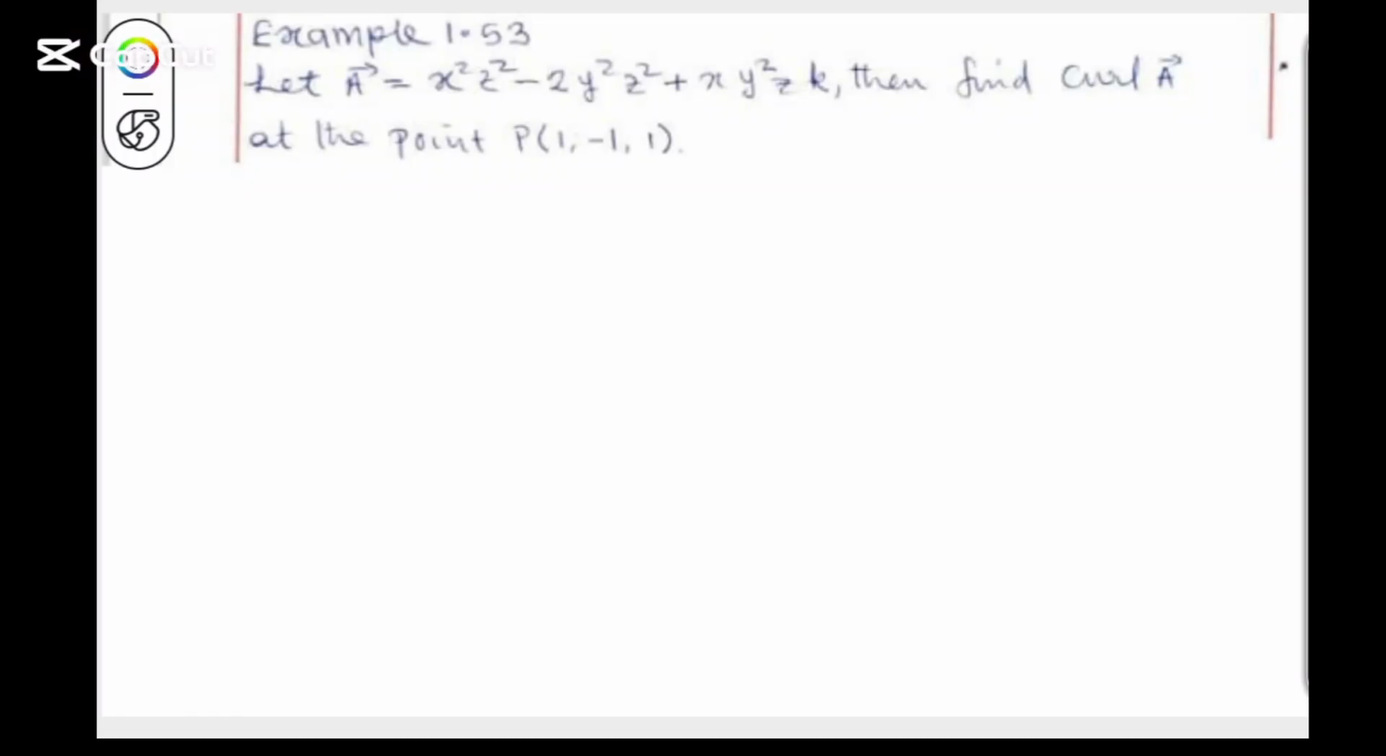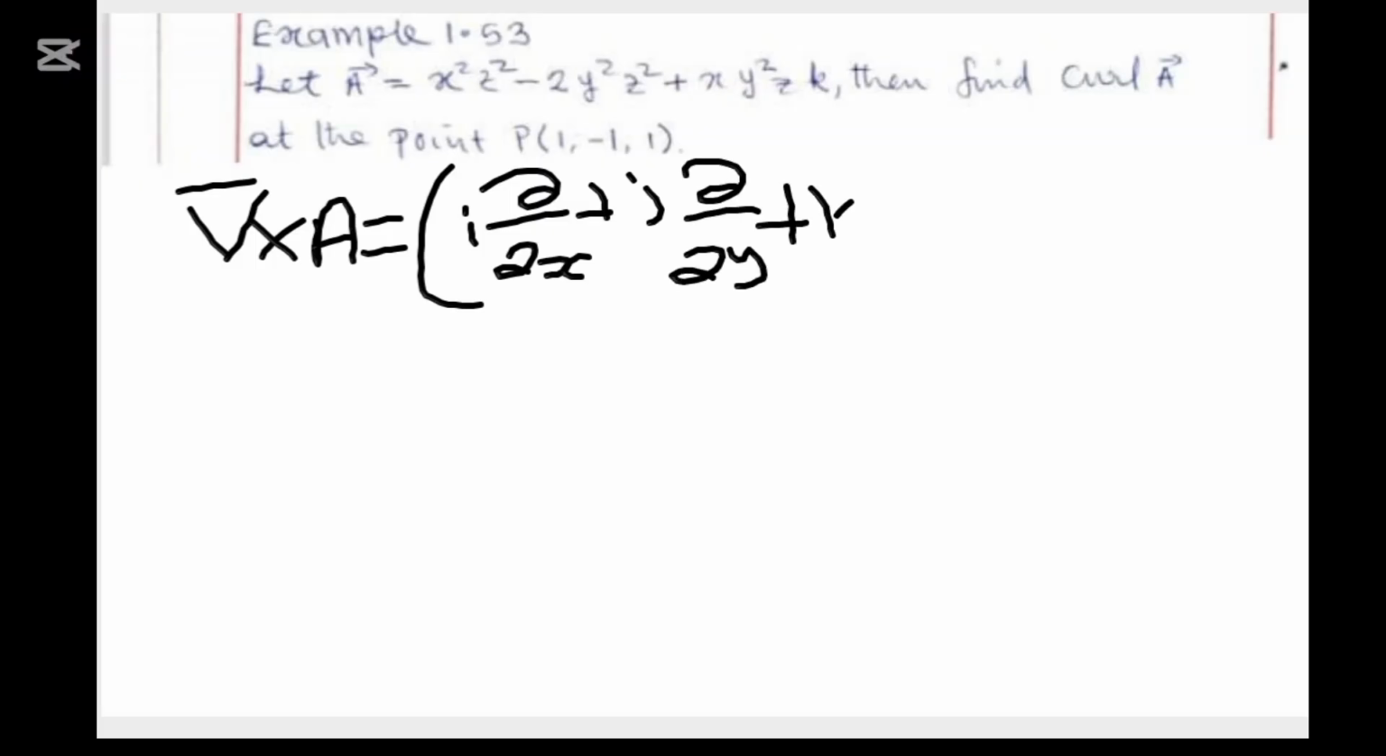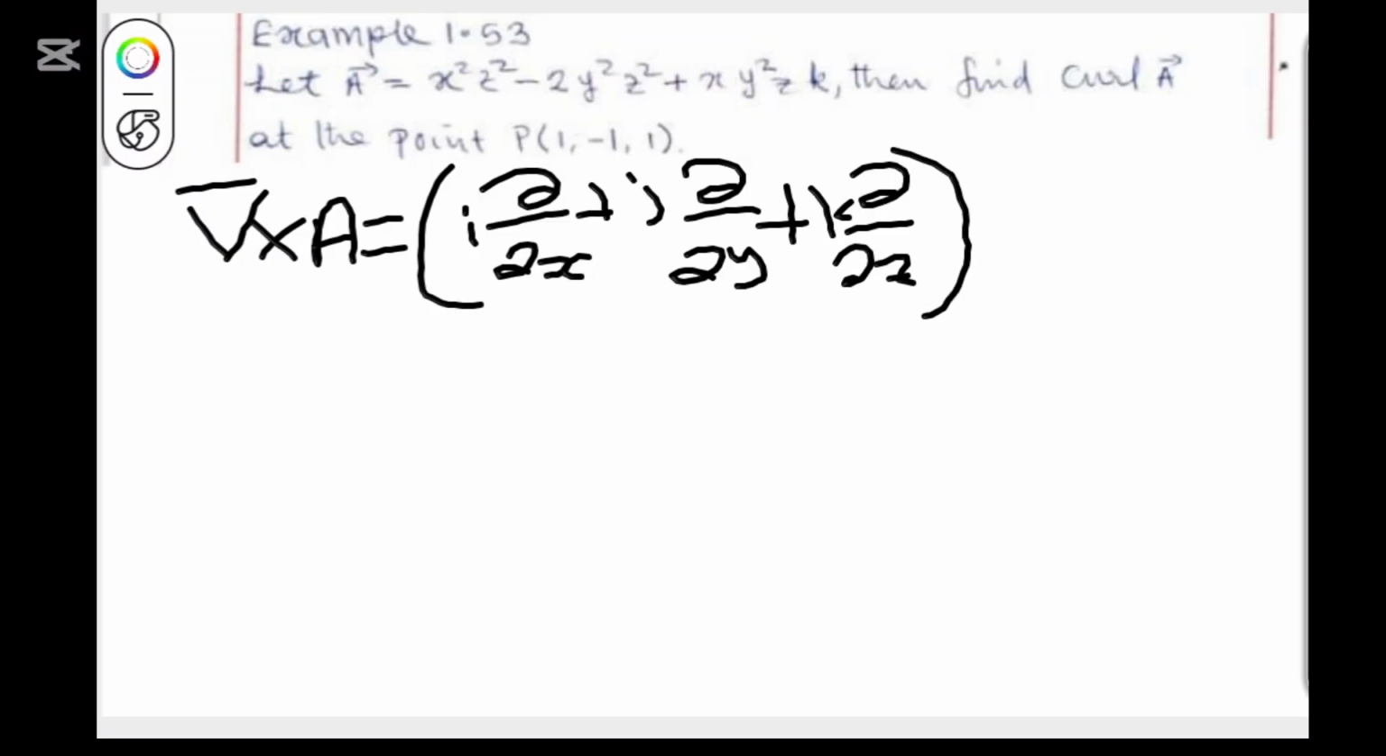So therefore, to find curl A, this is the same thing as saying the curl of A is the same thing as the partial of x, which is the value of i, plus the partial of y, which is j, plus the partial of z, which is k. And then I have to say cross